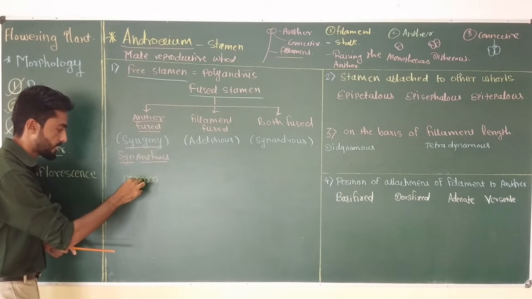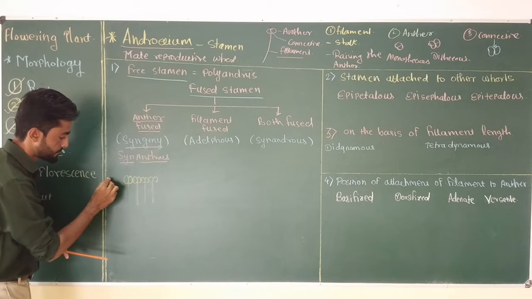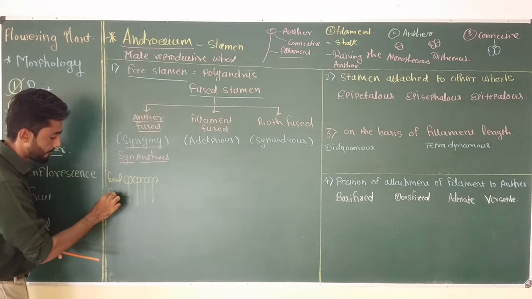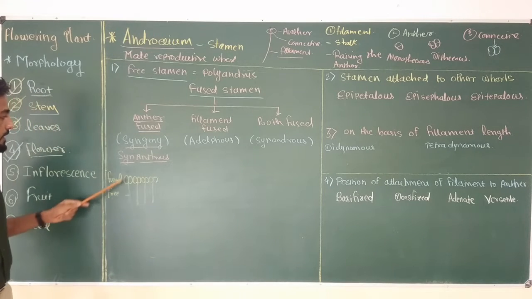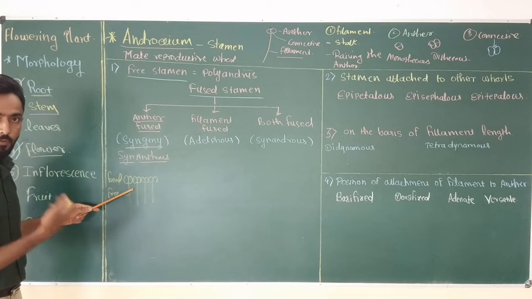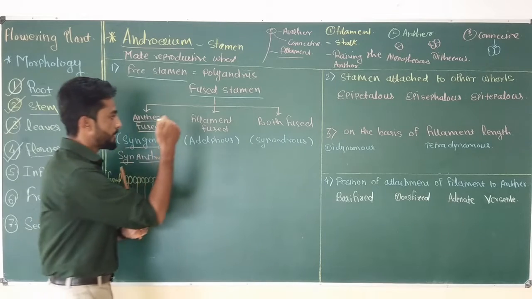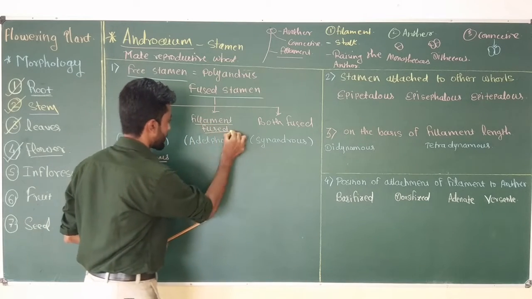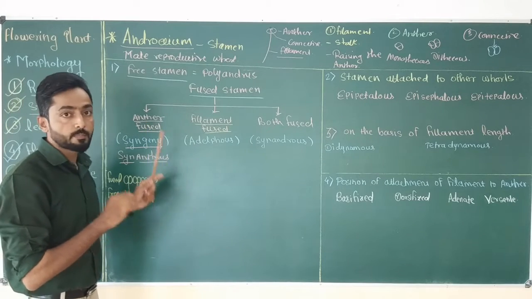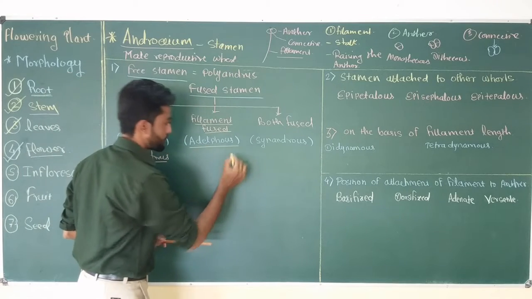Okay, and all anthers are connected with one another. That means anthers are fused and filaments are free. Such condition is called syngenesious or synantherous condition, which is normally observed in many types of flowers. Then if filaments are fused with one another and anthers are free, in that case, it is called adelphous condition.